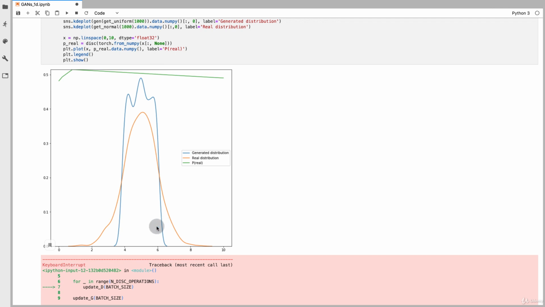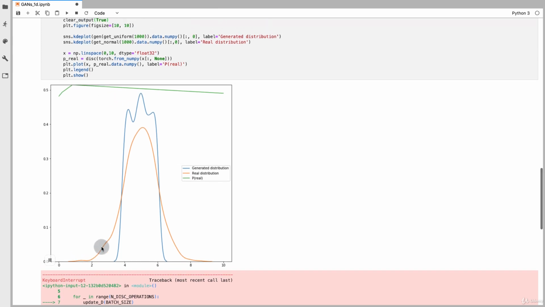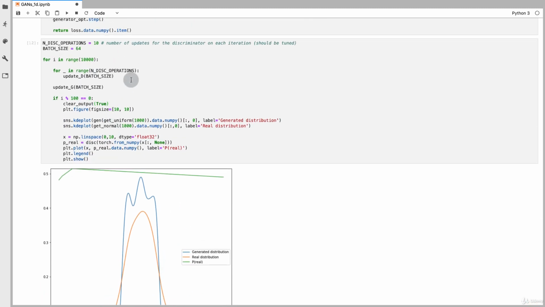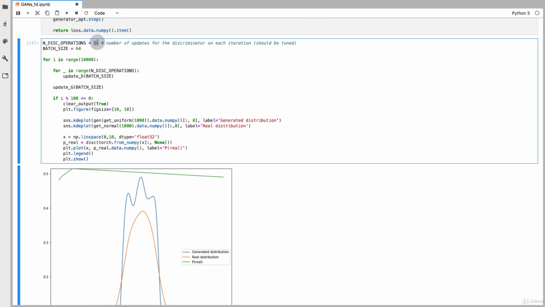We obtain samples that are generated that are very close to real distribution, and discriminator fails to distinguish them for these values. So in fact, this is not the ideal approximation. However, as I said, we can tune this parameter, and let's say it can be 50, and